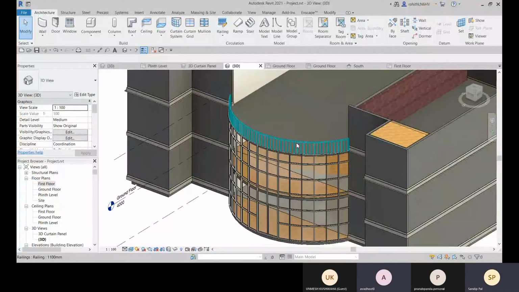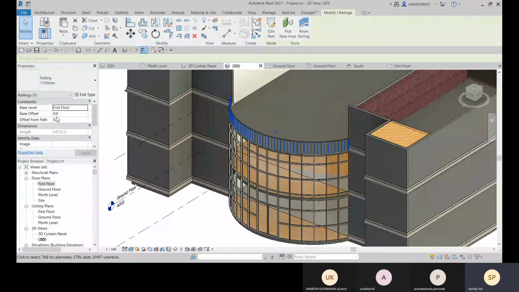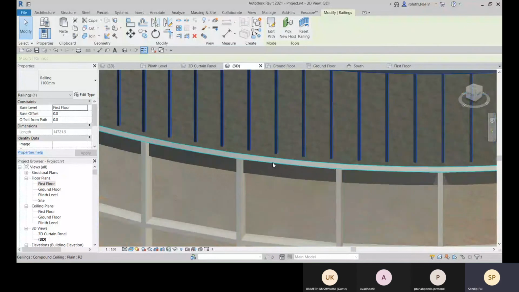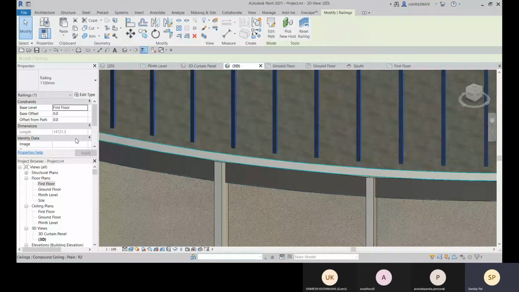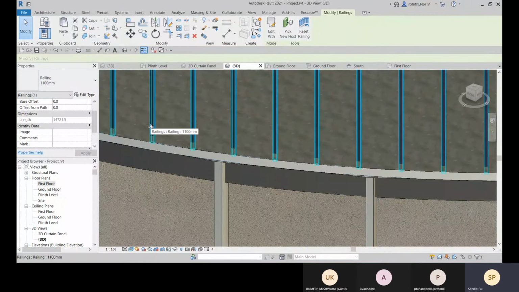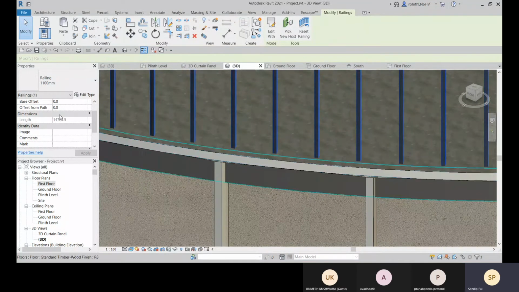Okay, you can select the railing and you can see this is the base level and the base offset is 0. So we don't need any base offset right now, but if you need any base offset, you can provide that. All right. And the path is created and from that path you can give some offset also.